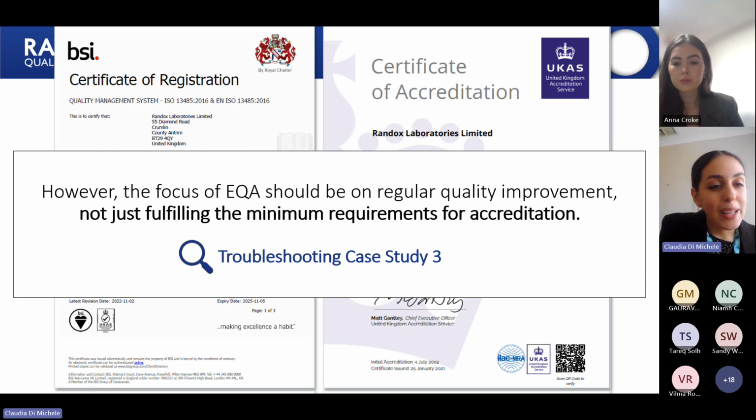However, as we'll talk about in some of our troubleshooting cases today, the focus of EQA should be on regular quality improvement, not just fulfilling the minimum requirements for accreditation, and it can get us in a sticky position